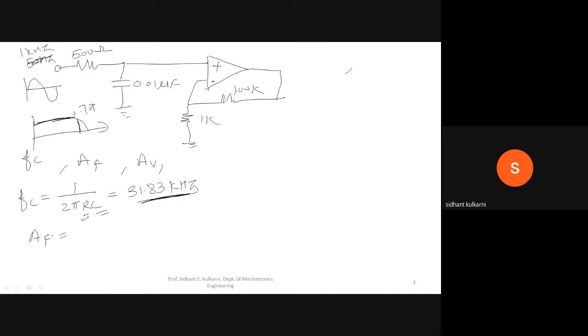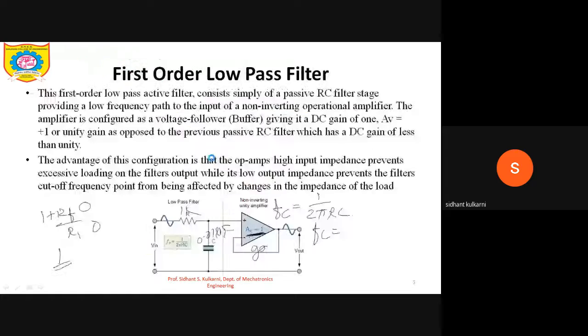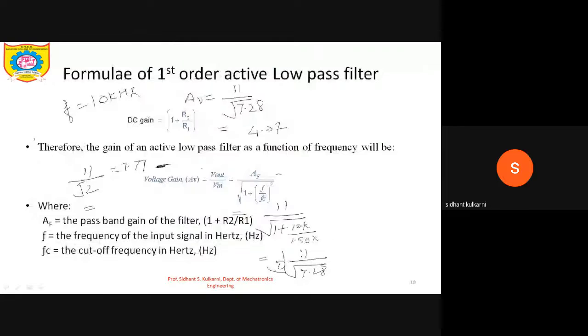What is the gain of this circuit? 101. Very good. 1 plus RF upon R1, that is 1 plus 100 by 10. So 100 plus 1. So 101 will be the gain. Gain with feedback. Okay. If this is done, now tell me the formula. By using the formula, what is the gain? Voltage gain AV is equal to AF, AF is 101, divided by...